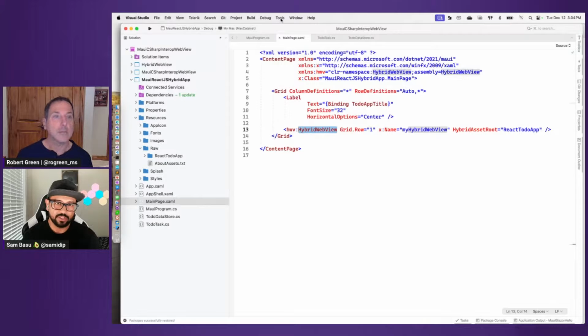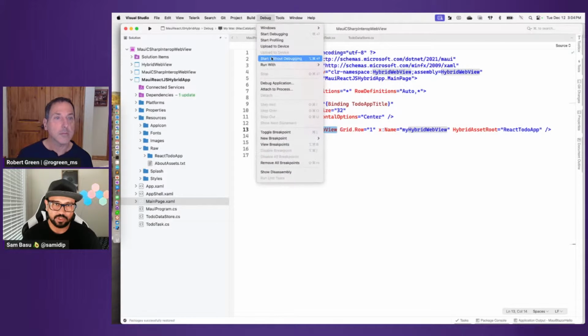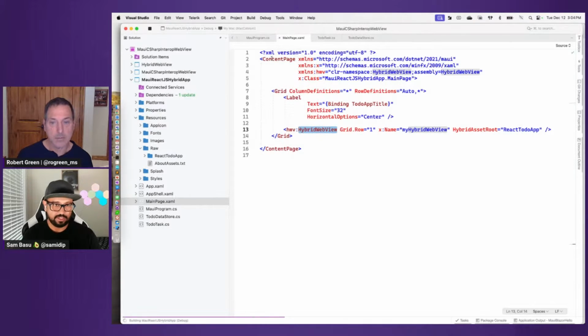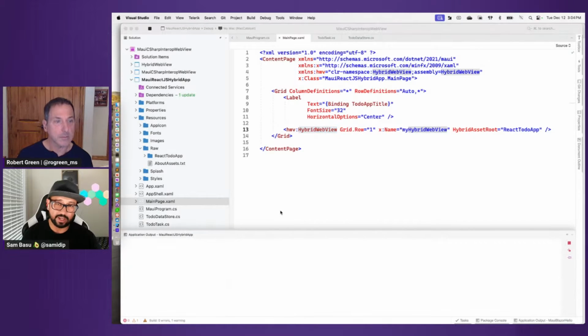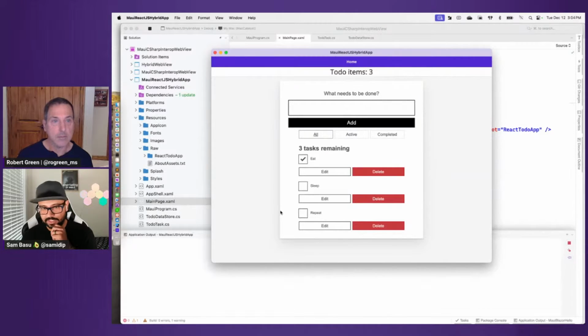So if I go ahead and run this now, where is it? Run that. So still a .NET MAUI app, but you will see the front end kind of changes here, because I think what Eilon did here was he took a React app, which is a React to-do application. So in this view that you see, and it'll work the same way on iOS or iPad, that to-do items text, that is a native .NET MAUI component. But all of this UI, that's a React UI. So like eat, sleep, and code, I can add it here, I can check it here, I can delete.